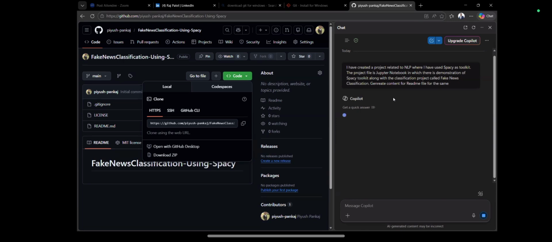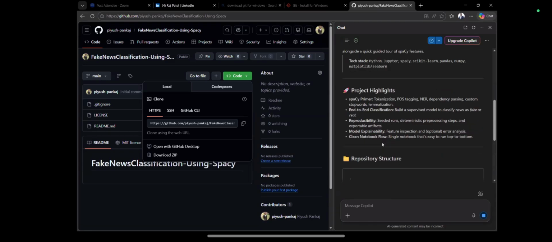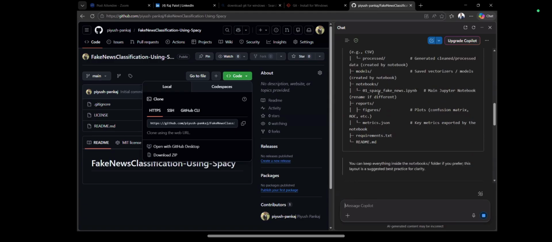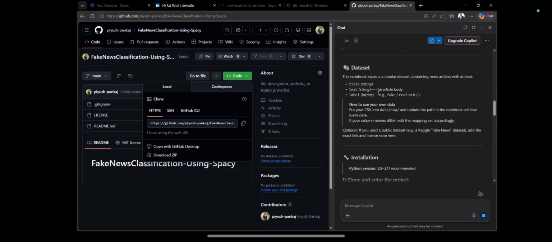I will be expecting something generated in a way that I can directly copy and paste into my readme file. It's going to take some time to generate. Fine. All right, I got the content. A few things I can remove from here that I don't require.